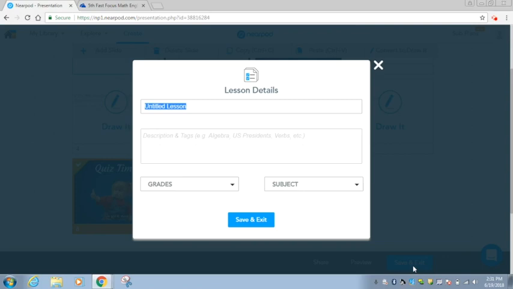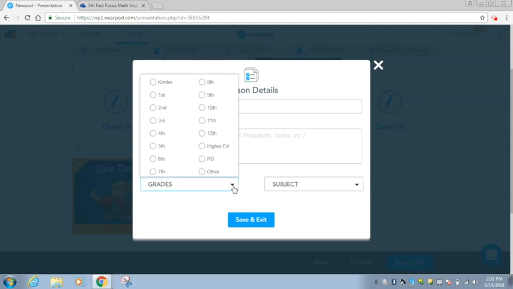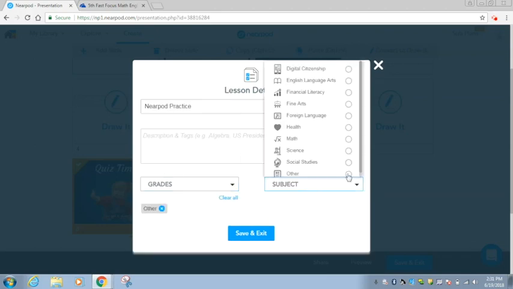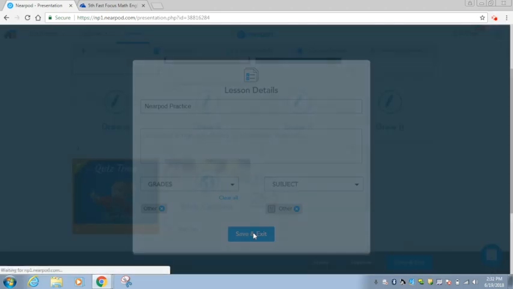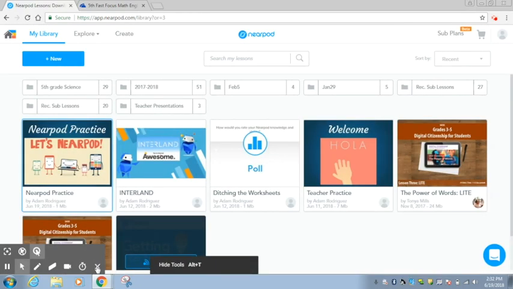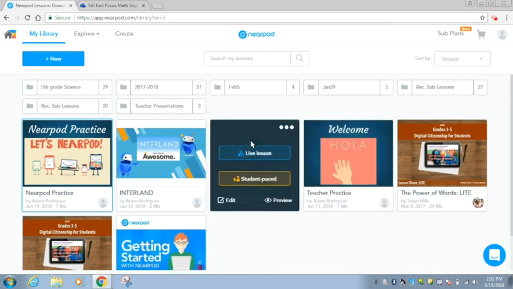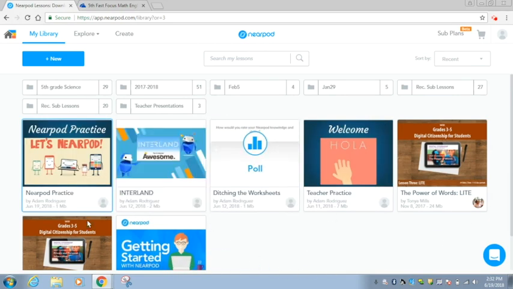And I can just name this. We can just go Nearpod practice. And I can write a description if I want to. I don't have to. This is just for me. I can choose whatever grade level, and I can choose whatever subject. Save and exit. Okay. So now I have, here are all of my